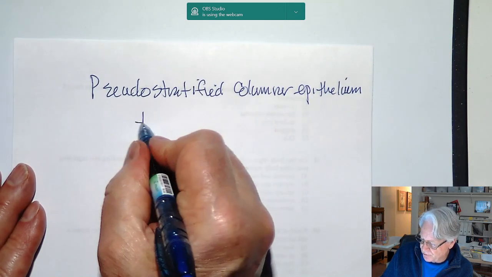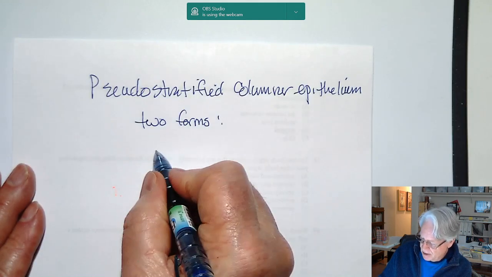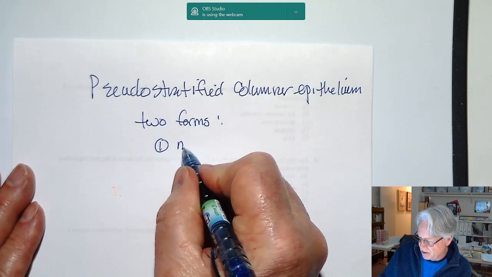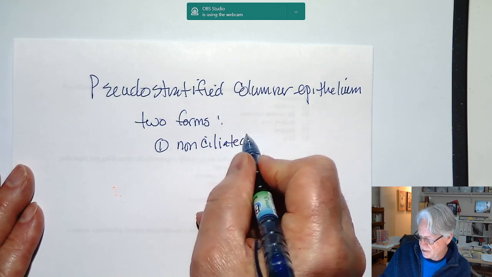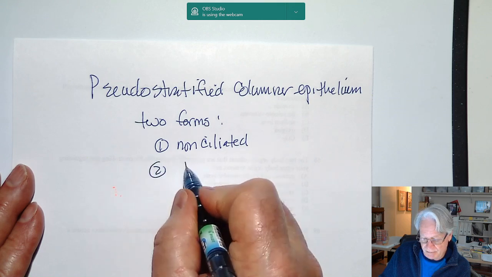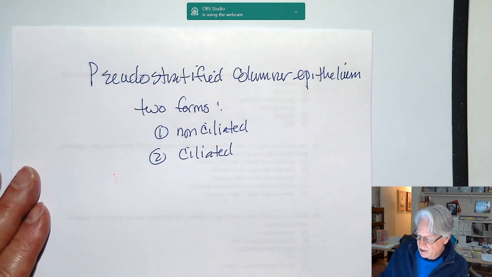And it comes in two forms, again, non-ciliated and ciliated. Location